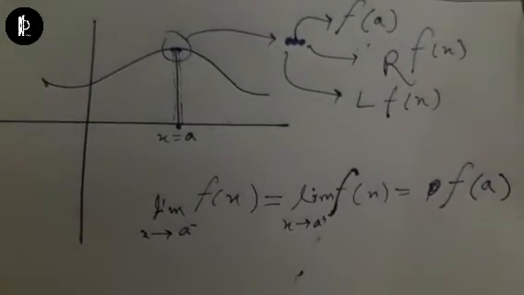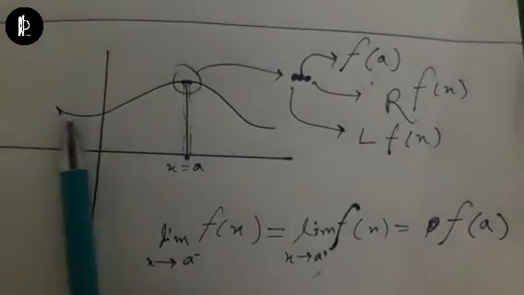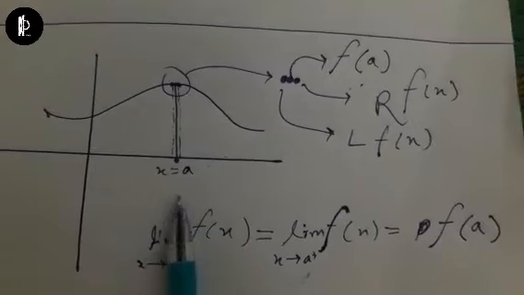Let's talk about continuity, a basic topic, a class 12 topic. So I will talk about when a function will be continuous. You can see that this is a totally continuous function, and there are 3 points: when x equals a,